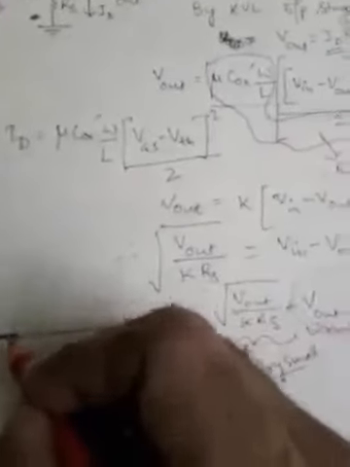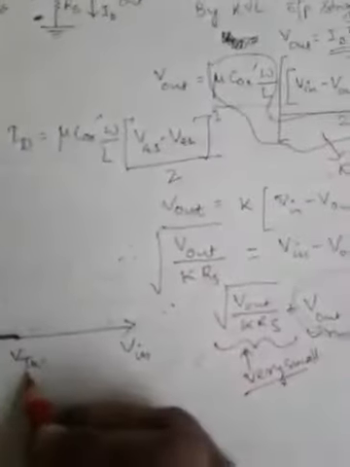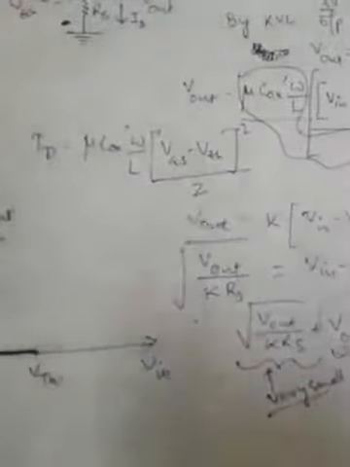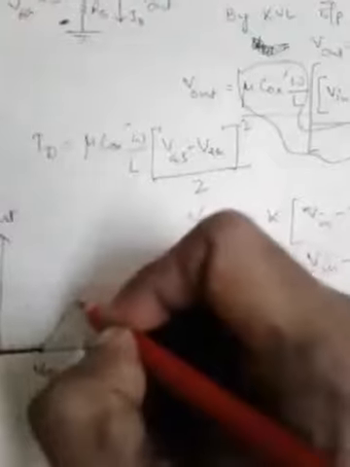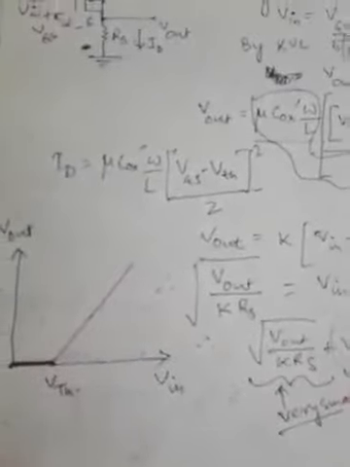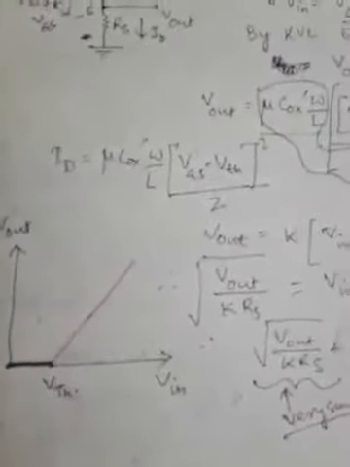And that's why we can say, once this Vin is equal to VTH, from the cutoff region, the transistor will start to move into the saturation region, and the characteristic curve for Vin versus Vout will be almost a straight line, like a linear characteristic. So this will be something like the transfer characteristics in this case.